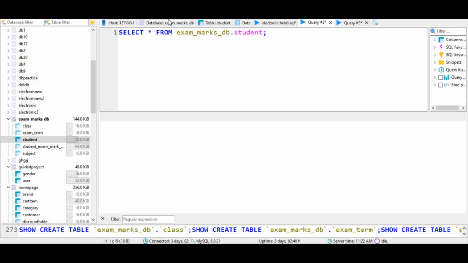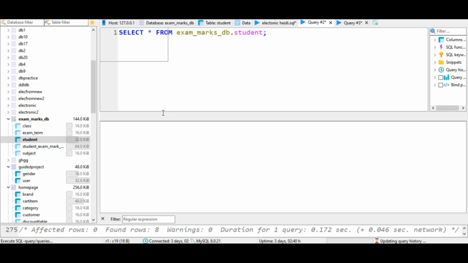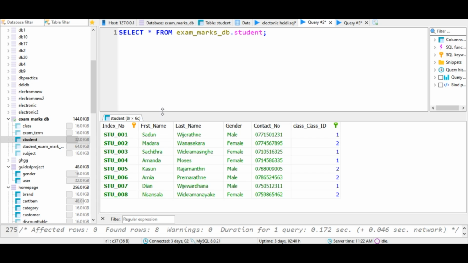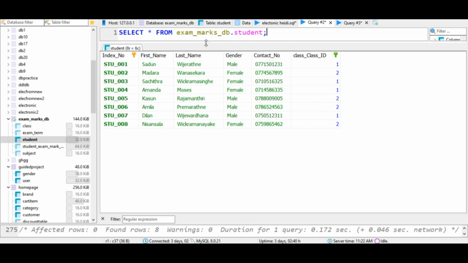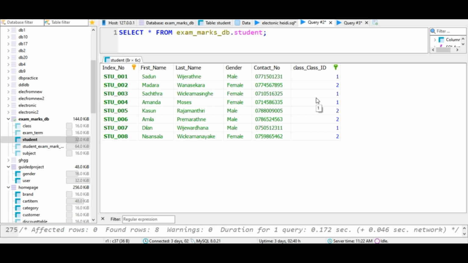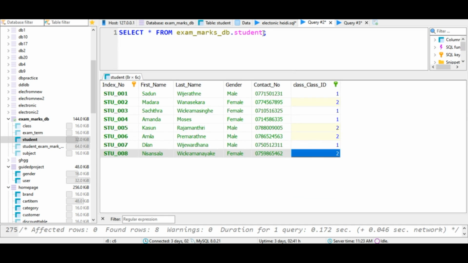If I execute this query, you will be able to see the student table's records. But you can see that there aren't any class names on this table. It's just class ID. So we have to get the class name using the class ID, and therefore I have